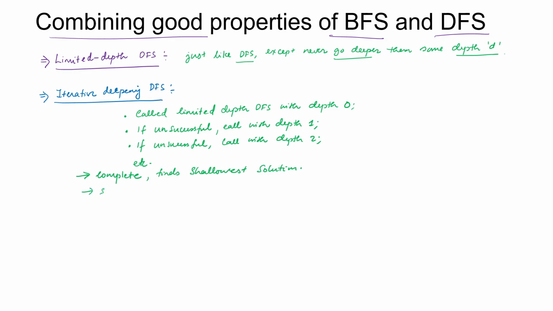So, it is like BFS in space requirements, or the computation space requirements of DFS. Unlike breadth first search, the space requirements are much smaller. Okay. Then the key point that you should think about may seem